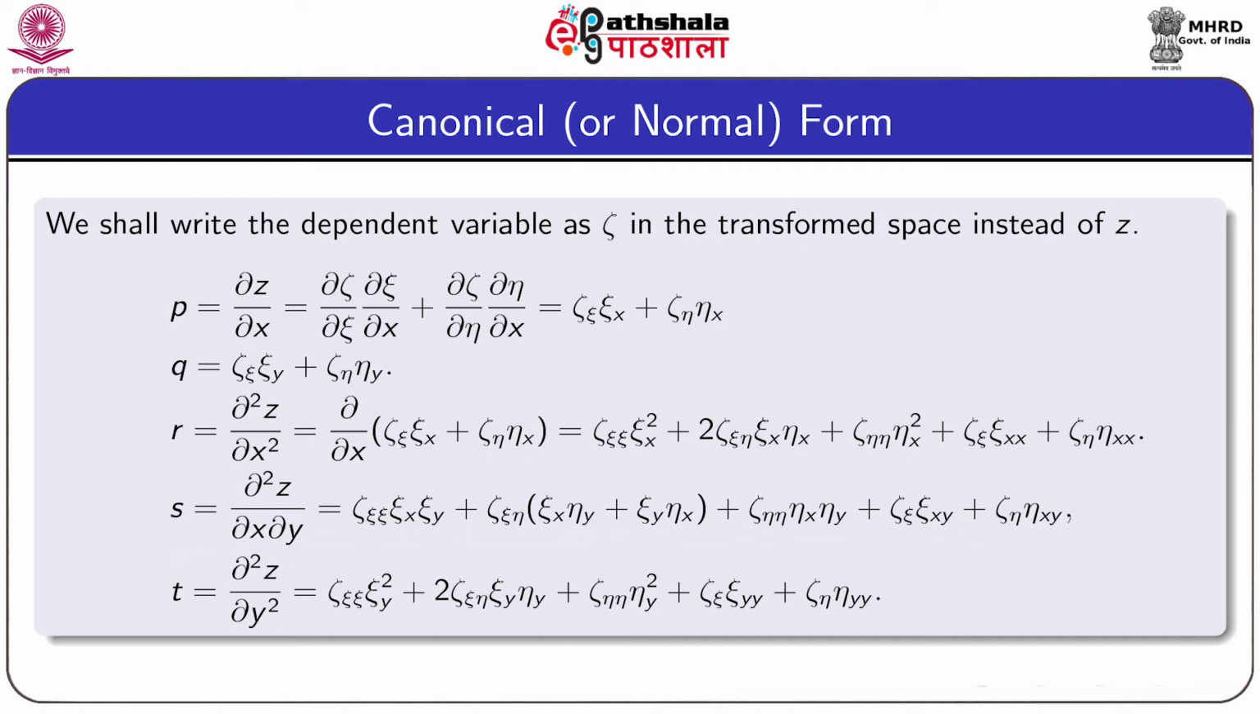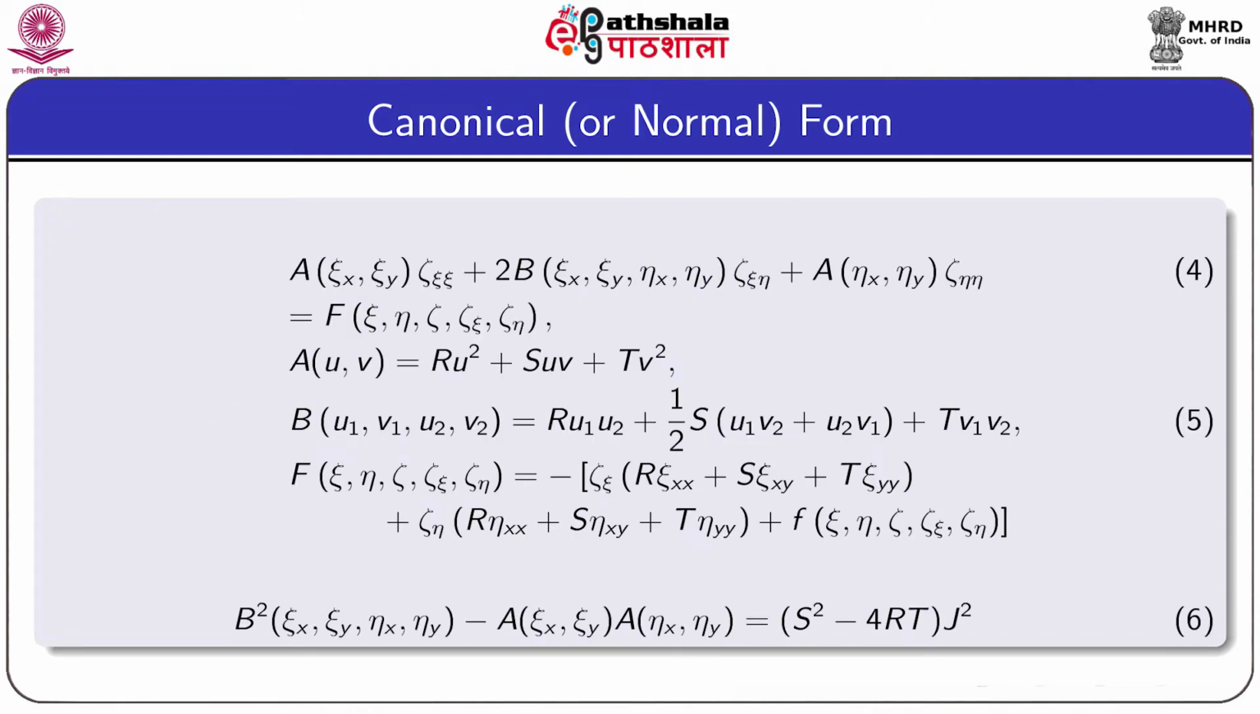So, using this transformation, if we substitute these values in the original equation, that means in equation number 1, then equation 1 is transformed into the form written in equation number 4, which is capital A into zeta xi xi plus 2B zeta xi eta plus A into zeta eta eta equals capital F,